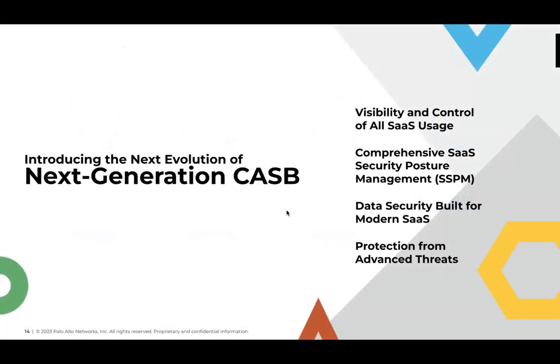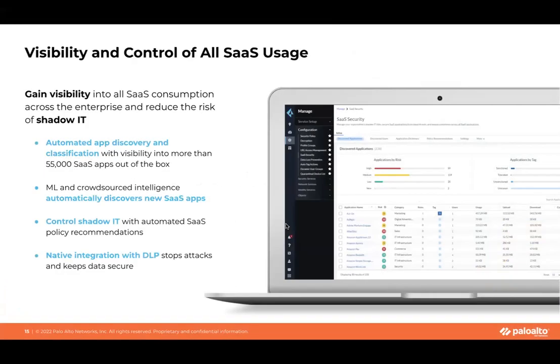So with that preamble, let's dive into these four areas that I spoke about earlier, mainly three, and we'll kind of wrap it up with just overall advanced threats. But it is around visibility and control, around security posture management, looking at those configurations or misconfigurations for that matter, and looking at data security or your traditional API solutions. We'll delve a little bit into DLP as well with that and wrap that up. So to begin with visibility and